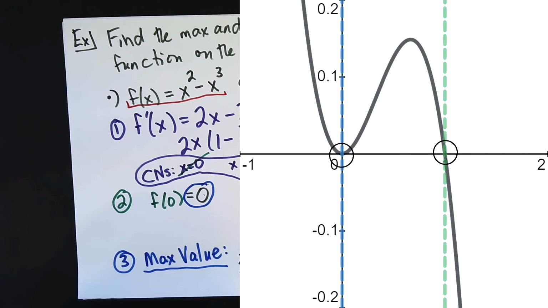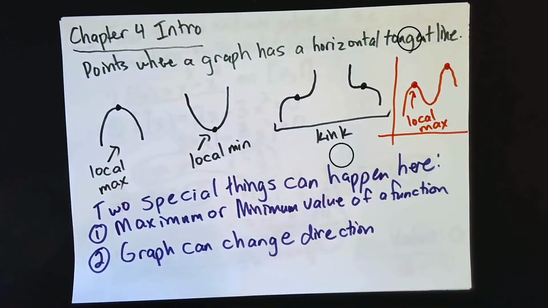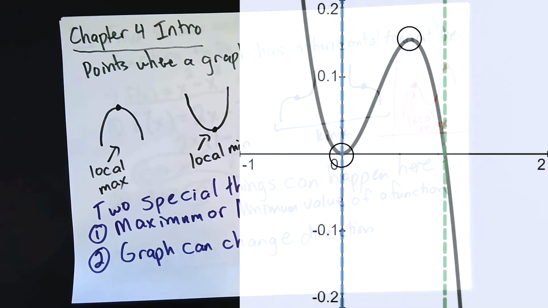One of them is here at x equals 0, the other is here at x equals 2/3. These are the spots, again, where there's a flat tangent line. These are the spots where the shape is one of those I showed you at the beginning of this chapter. Namely, where the shape is one of these. So if you wanted to describe it, at x equals 0, there's a local min, and at x equals 2/3,